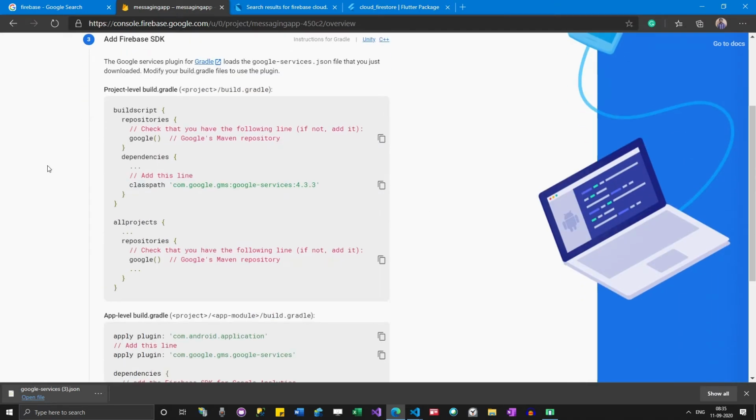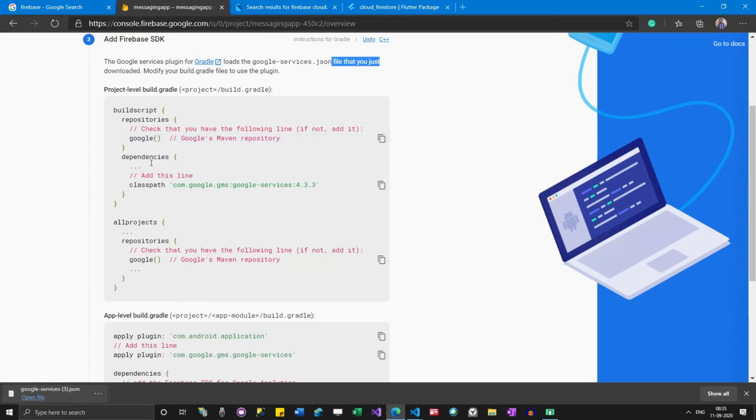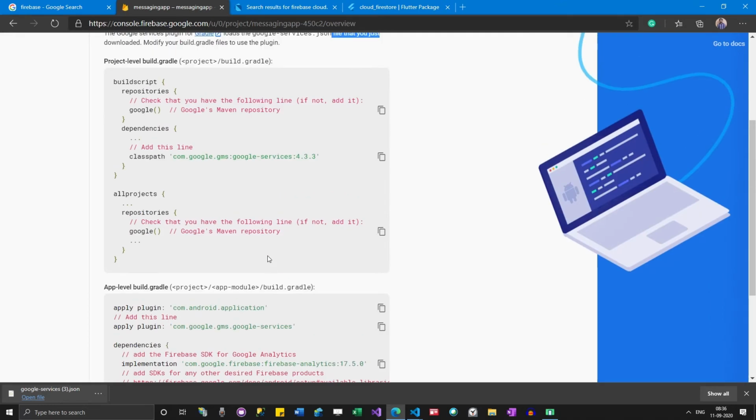Now here we got something. What it says is, the Google Services plugin loads the Google Services JSON file that was just downloaded. Yeah, I think this is what I missed.